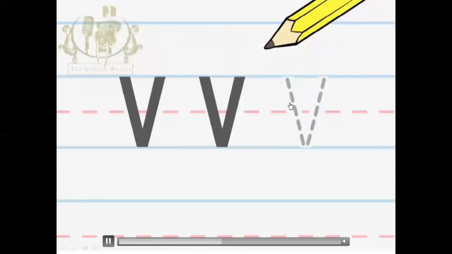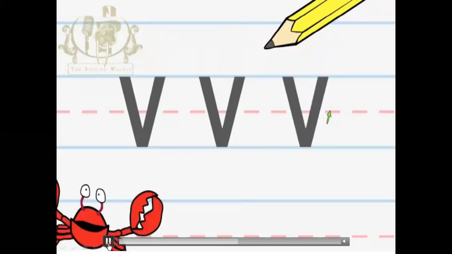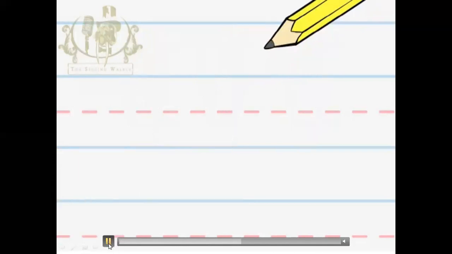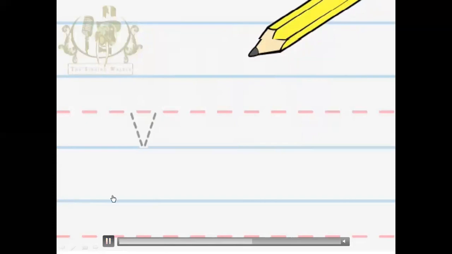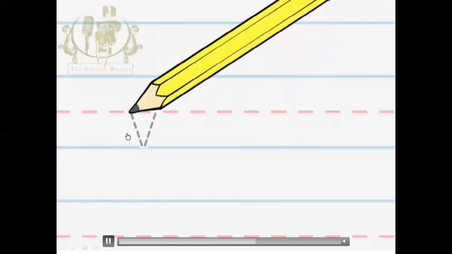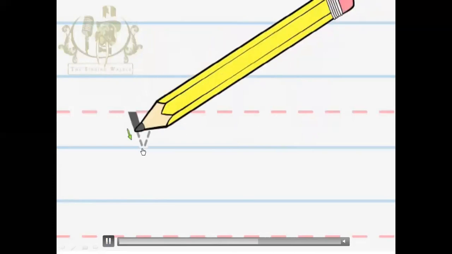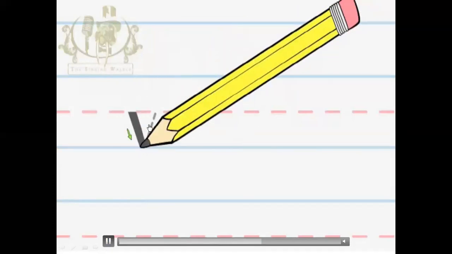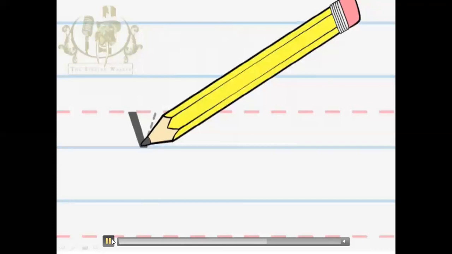Now you try, this is your turn, how you will write the capital letter V. Okay, start from the top to the bottom and then from the bottom to the top. Well done, you did it correctly. Can you write now letter V, capital letter V? Well done. Now we are going to write the small letter V. You will start from the middle of the line to the bottom and then from the bottom to the middle of the line. Well done.